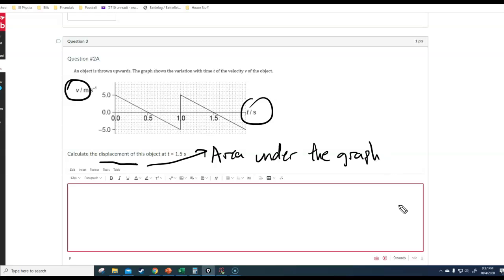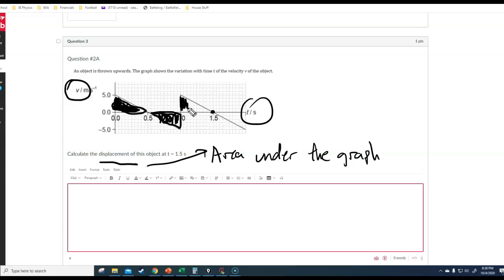Okay, if you at least indicated that you had an idea about that, then you got some partial credit, even if you got the wrong answer. Okay, this is why it's always important that you show your work. Because if you indicated that you at least knew this fact by showing enough work, then I gave you some points. Okay, then you actually had to calculate the area going up to 1.5 seconds. Now, first of all, the area under a graph is the area between the graph itself and the x-axis. Okay, so you have a triangle, you have another triangle,